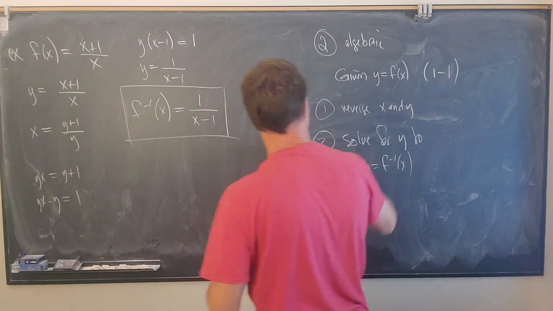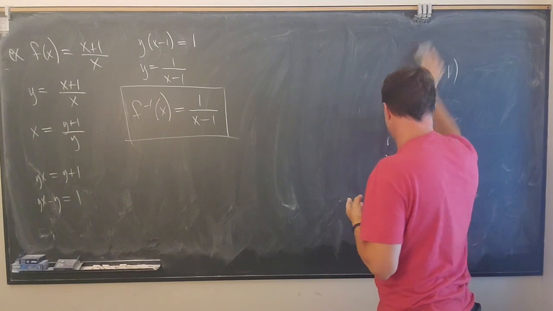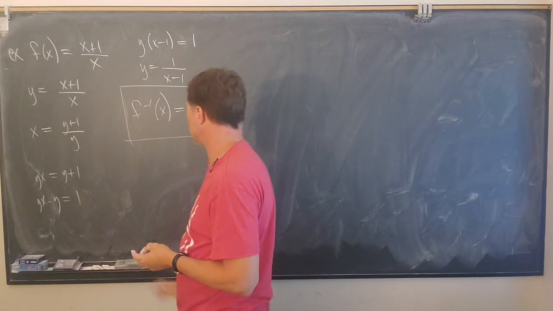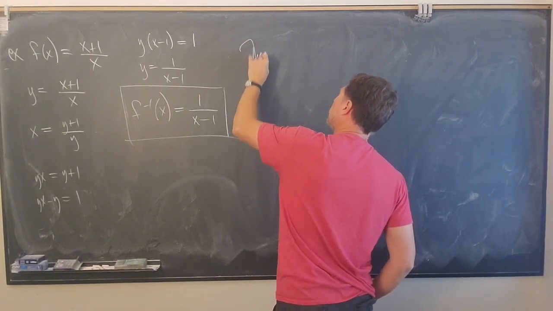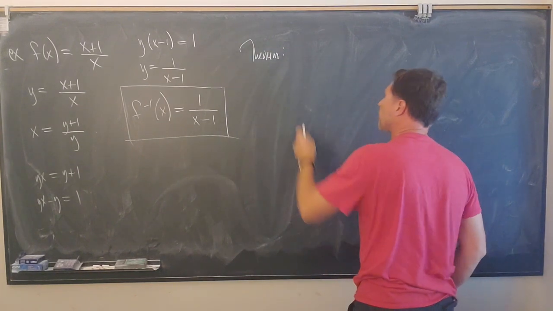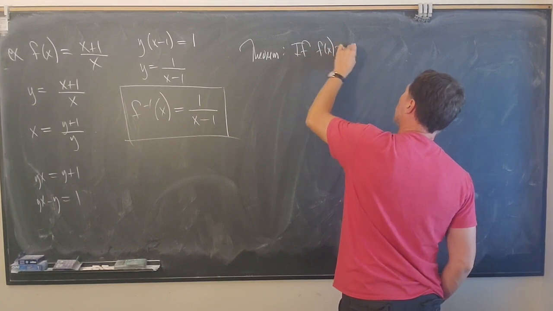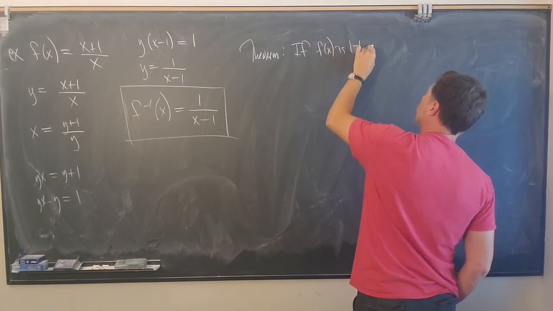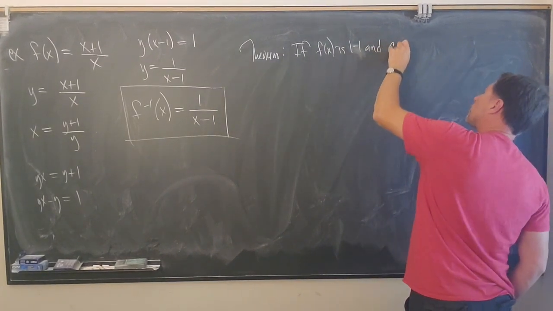Okay, so far we've been talking about inverse functions, but we haven't talked about the calculus of inverse functions. So that's what we want to look at now, is how calculus behaves when it comes to inverse functions. And so the first one, let's write this as a theorem. If f of x is 1 to 1, so that we know there is such a thing as an inverse, and continuous,